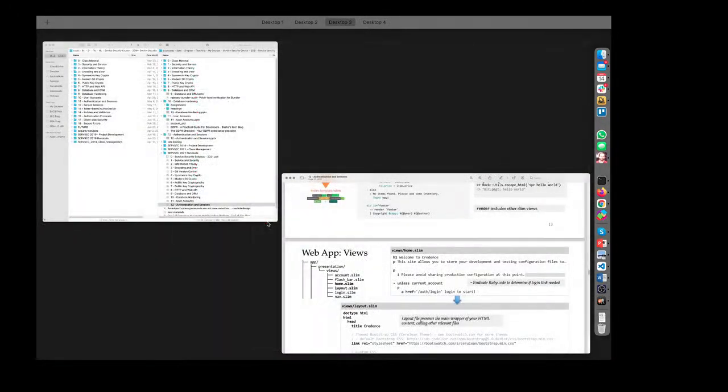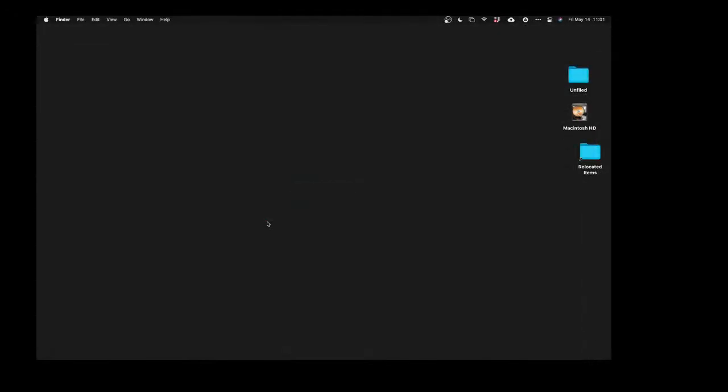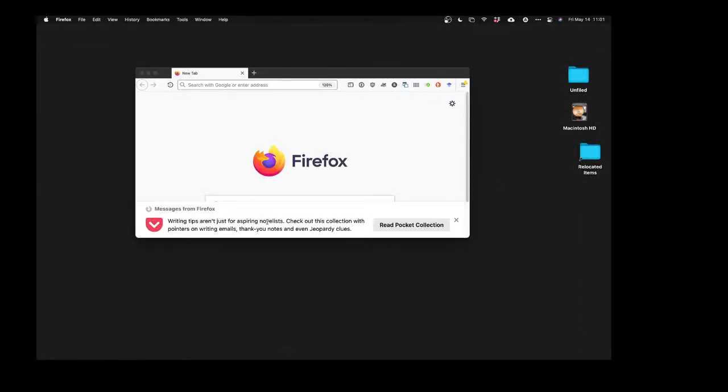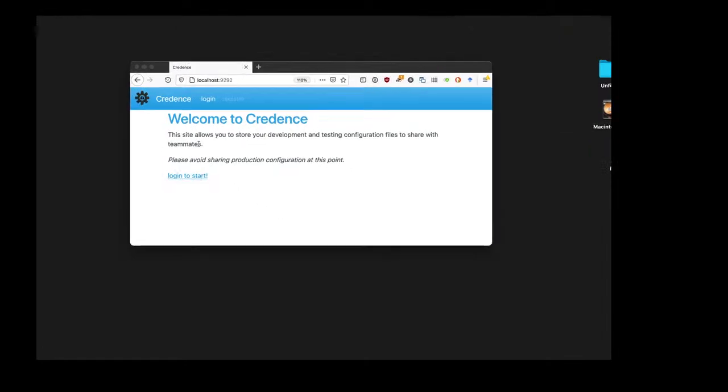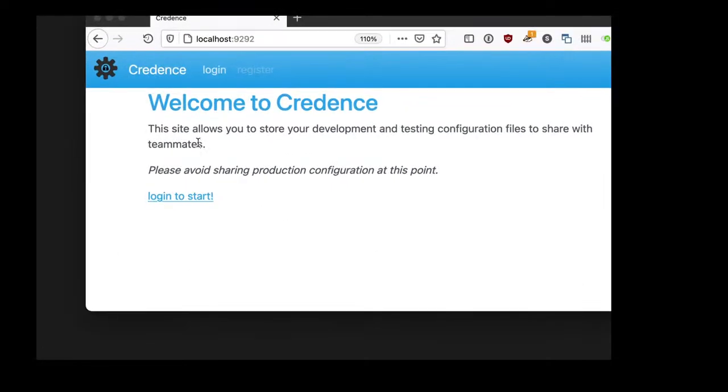Okay, let me come here, open up, launch Firefox, localhost 9292. Okay, so if you look here, this is all the code I just showed you for the home page. But where's the navigation bar? Well, the navigation bar doesn't belong to the home page. It belongs to every single page of my website. So what I can do is